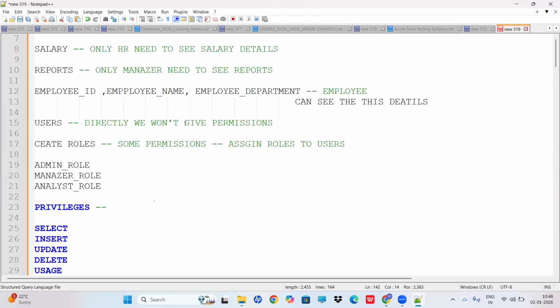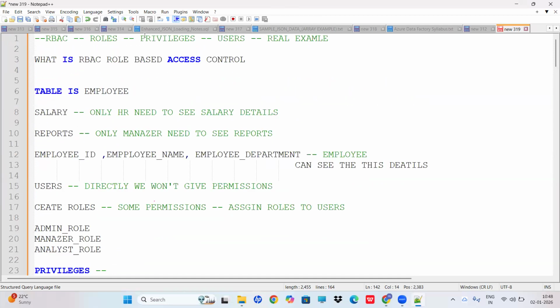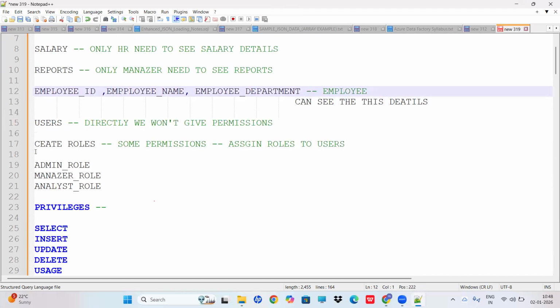So clear, right, what I explained? These are RBAC: roles, privileges, users. Take one example I will show you. In a table we have salary reports and employee ID. HR can see only the salary, and the manager needs to see the reports and only his employees' details, like employee ID and employee name. So instead of giving the permissions to users directly,